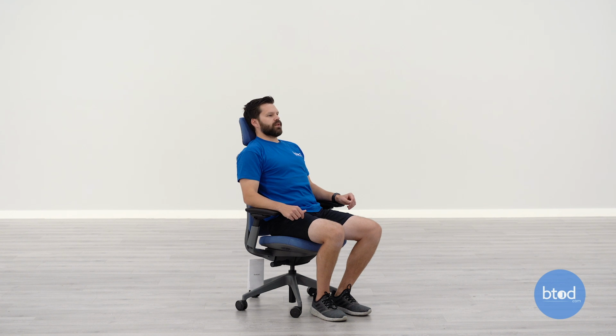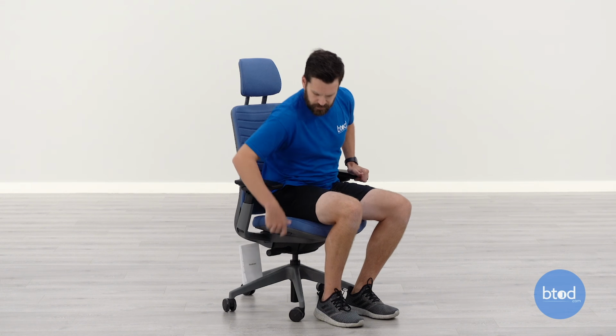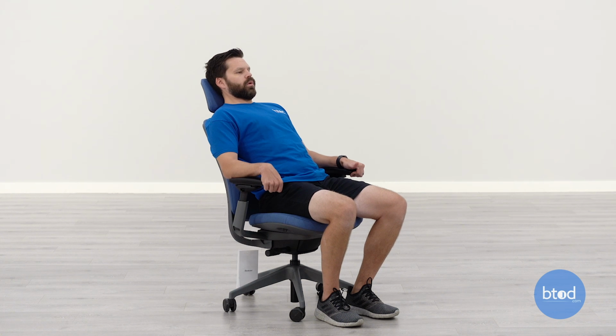It's not as aggressive as the headrest that's on that Leap chair, the V2, so I like that quite a bit. I know this weight activated mechanism is kind of unique with the 3 different settings. Whoa, that's